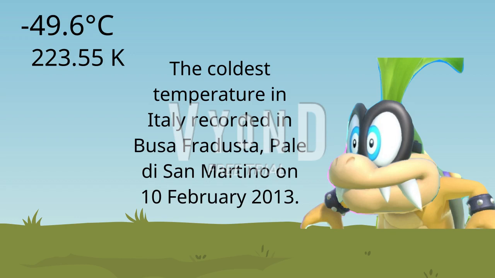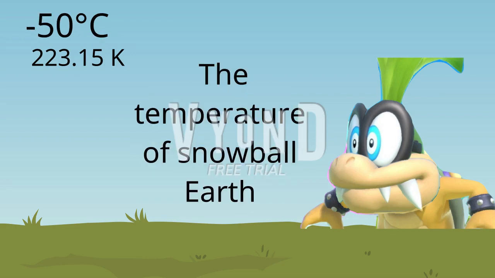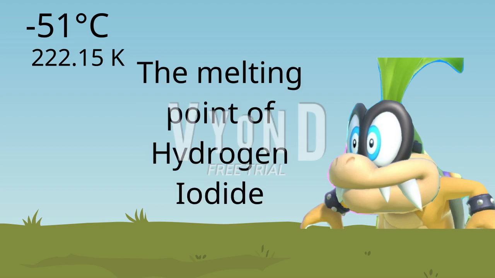223.55 Kelvin, recorded in Bussafraduzda, Palle di San Martino on the 10th of February 2013. The temperature of snowball Earth, which occurred near the beginning and end of the Proterozoic at 2,220,000,000 BC, in 710 million BC and in 640 million BC, is -50 degrees Celsius, or 223.15 Kelvin. The melting point of hydrogen iodide, a compound containing one hydrogen atom and one iodine atom, is -51 degrees Celsius, or